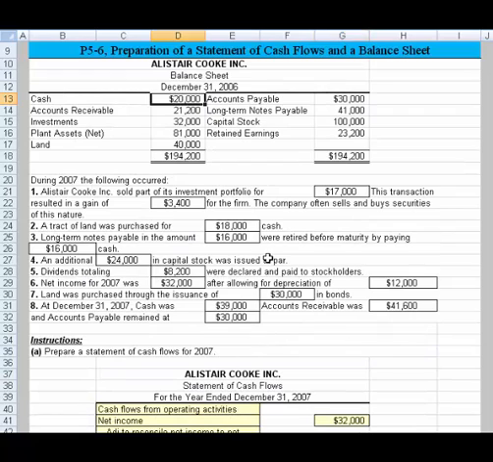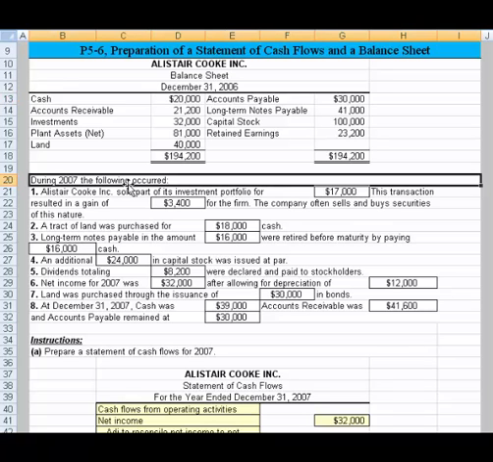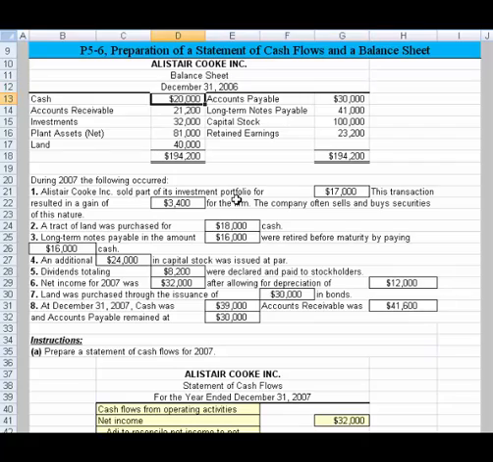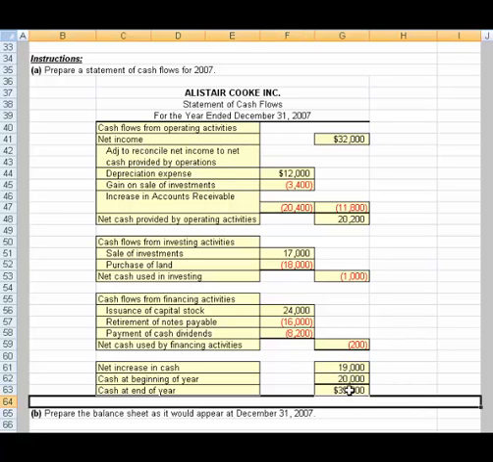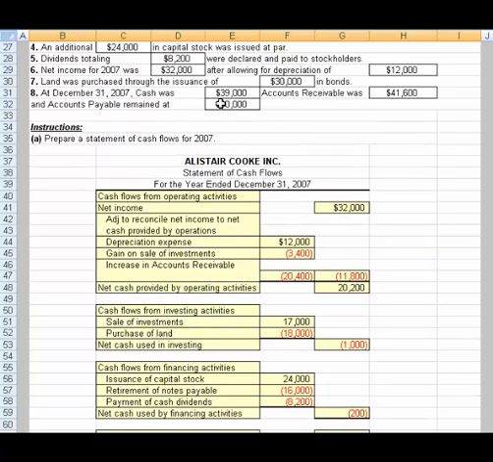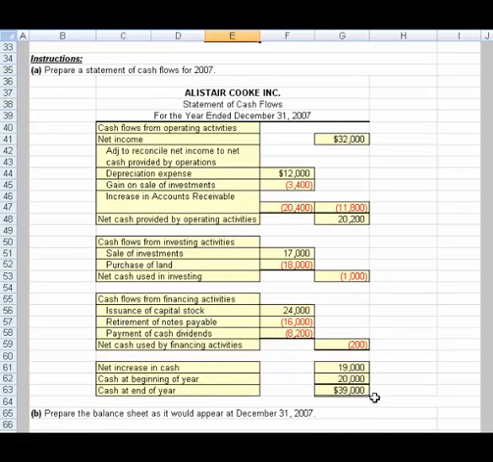Right there is our ending of year. Where do they tell us the beginning of year cash? We're doing 2007. Since this is the ending 2006, that is our beginning of the year. So that's in cell D13. So we'll reference equal cell D13. And if we've done everything right, this should prove our cash balance, $39,000. And I'm not sure they tell us. Yep, look at that. They tell us right there that that's in cell E31. I'll hit the F2. Right to the left of my mouse. It was $39,000. And that's one way we know that we did the statement of cash flows the correct way. Okay, then